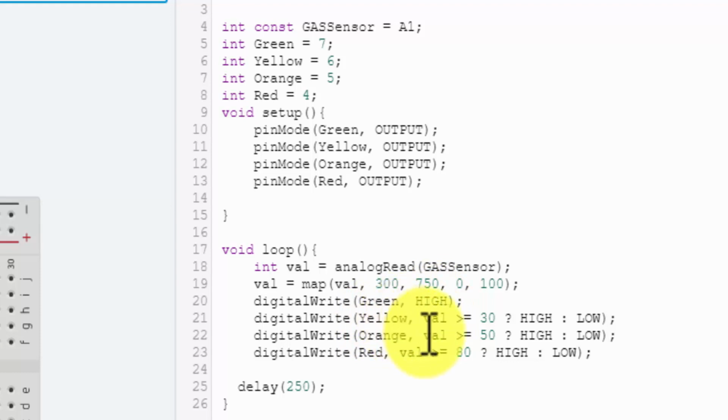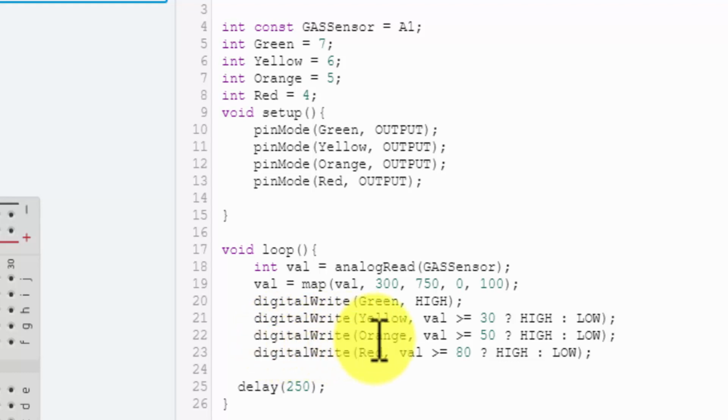Now coming to yellow, if the concentration of gas is greater than 30, then only yellow LED will be high, else it will be low. So this is a ternary operator and it is checking that if value of val is greater than 30, means gas value is greater than 30, then this is to be written as high, else it will be written as low.